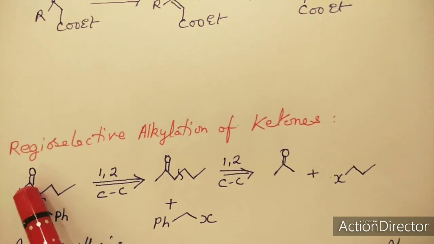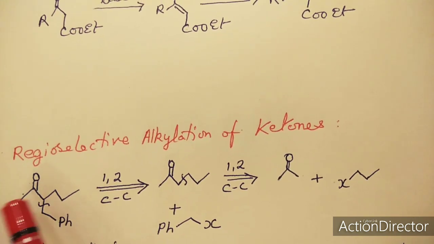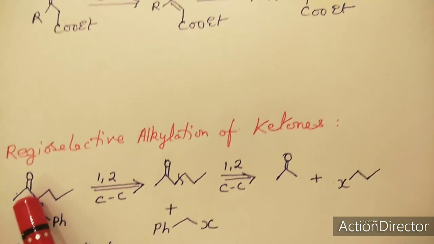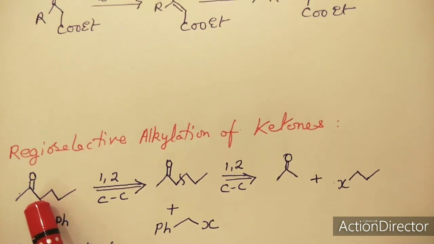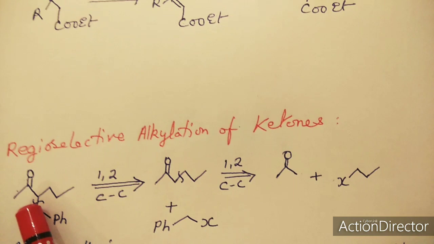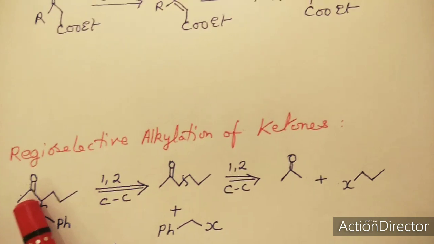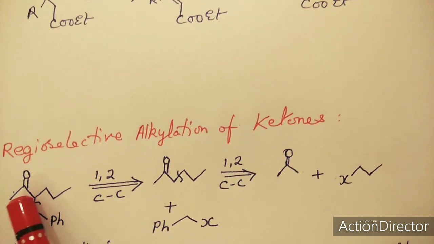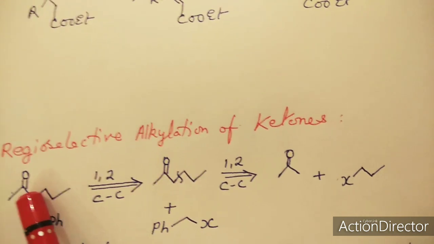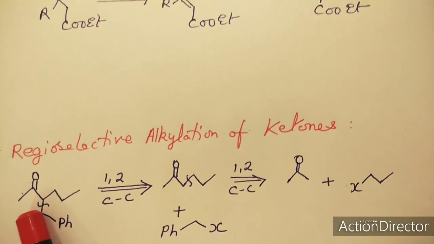In order to synthesize this type of a target molecule, there is this functional group, so that disconnection will be a 1,2-CC disconnection, because it is not at this position where the functional group is present, but 2 carbons after the second carbon. So this will take place over here. As a consequence, we know one part will get negative charge and the other will get the positive charge. Seeing the structure of this carbonyl, you can very well point out that this carbon will be getting a negative charge, because this is acidic hydrogen next to the carbonyl, alpha position, so this will get a positive charge.